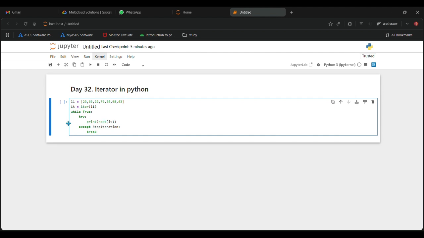Then here is an infinite loop. The iter function can give you one item at a time. Here I am starting a loop that will keep running forever unless we break out of it. Next we are trying to print one by one